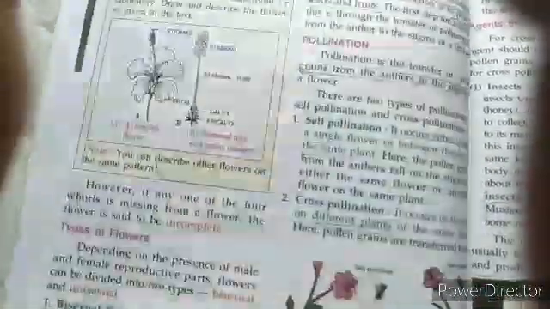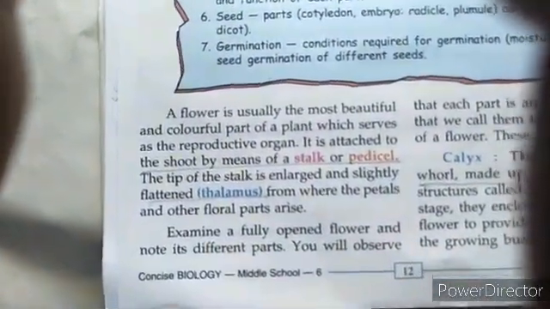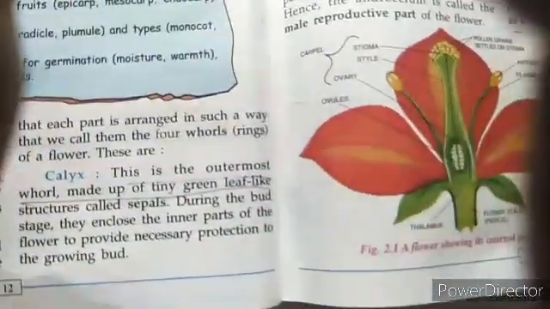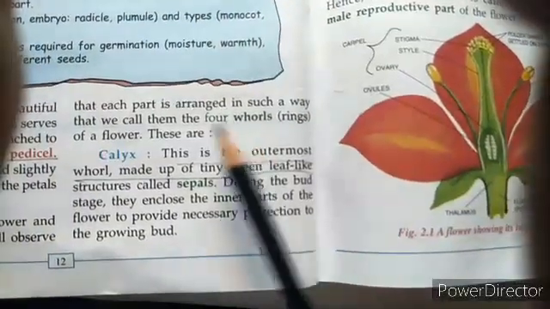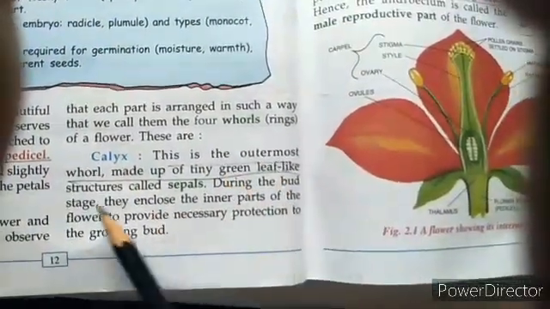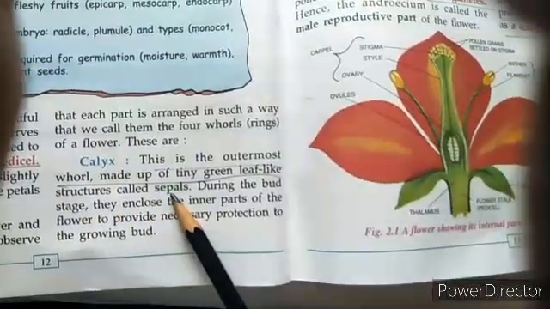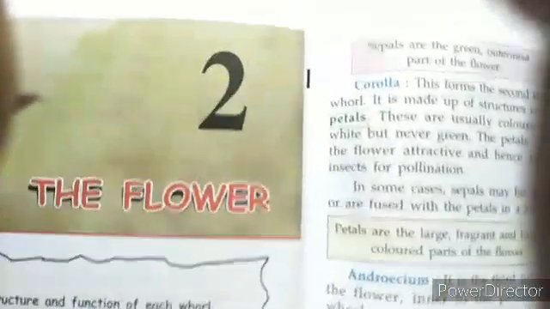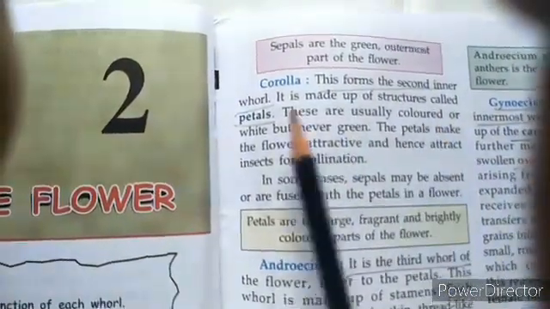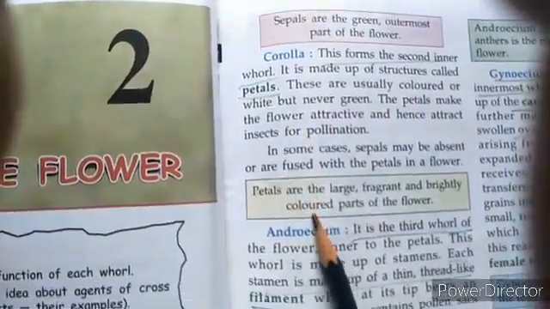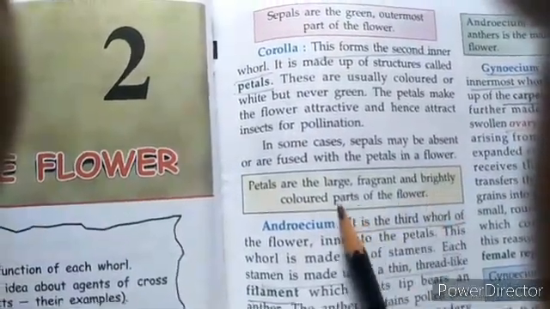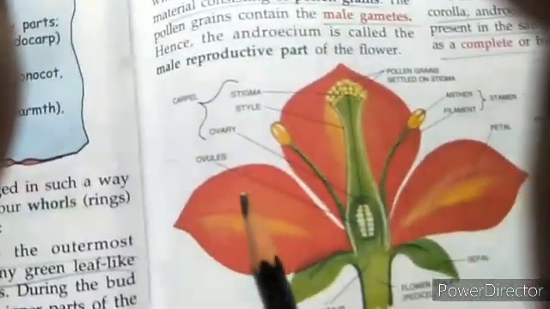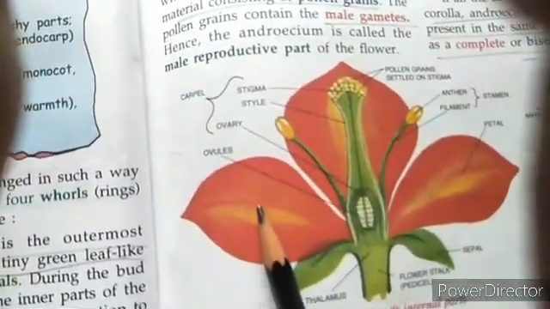So what we have done in this video, we have understood the structure of the flower. We understood all the four whorls of the flower. First we came to know about calyx, the tiny green structure, also called sepals. In the diagram we identified it here. And then we came to know about corolla. Corolla was the second whorl and known as petals. They are beautiful, fragrant, colored, and they are the visible part of the flower, which we can see here. These are the